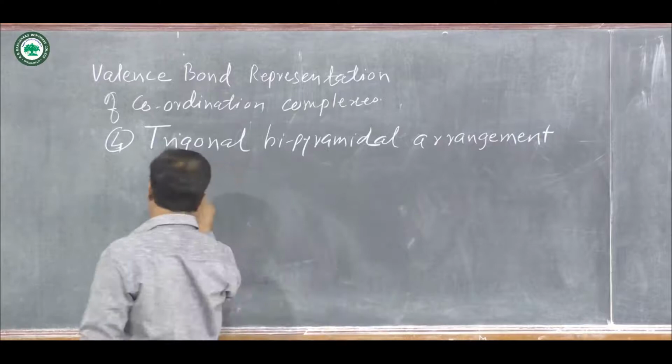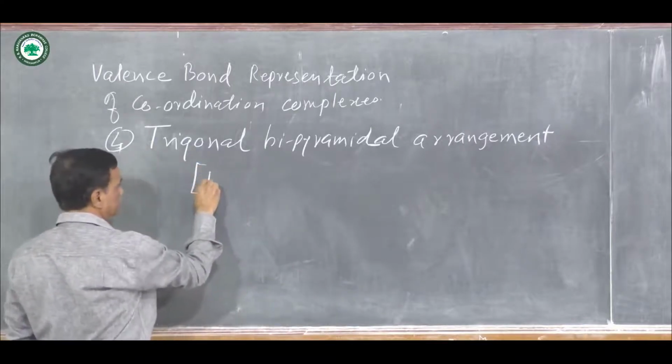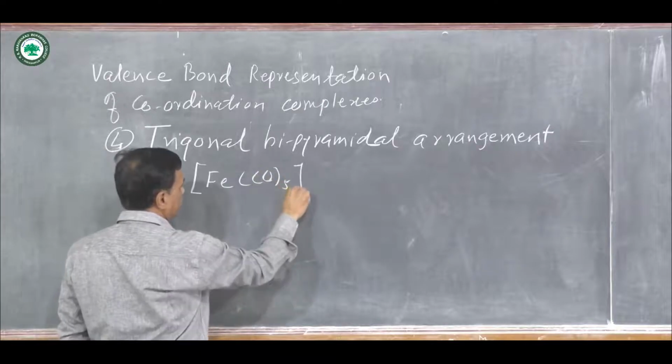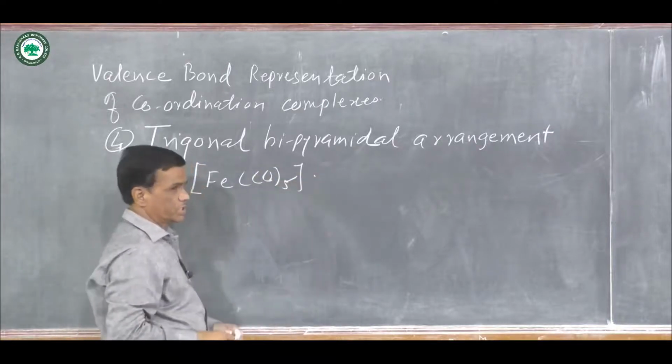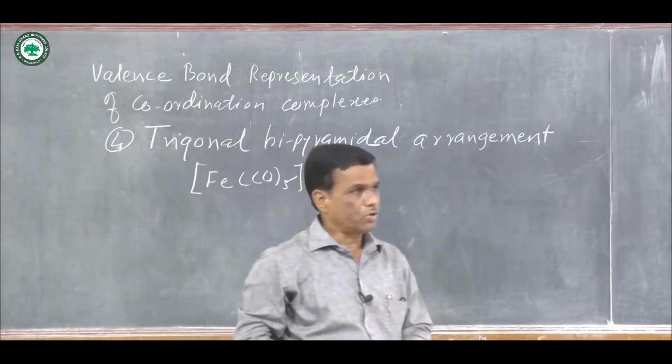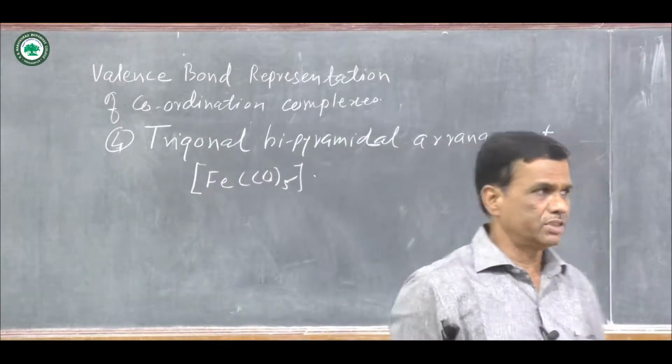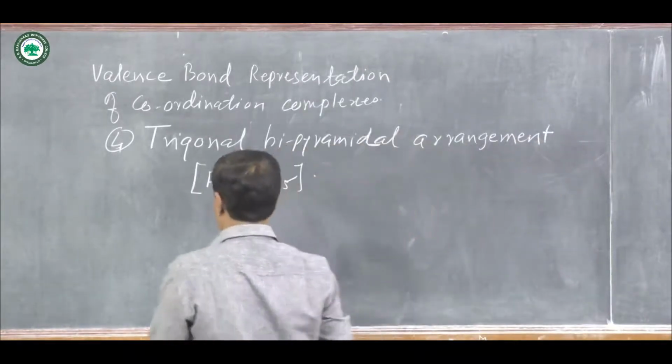Example, there is a formation of the Fe(CO)5 complex compound. In this complex compound, the iron metal atom is at the center position, and iron has